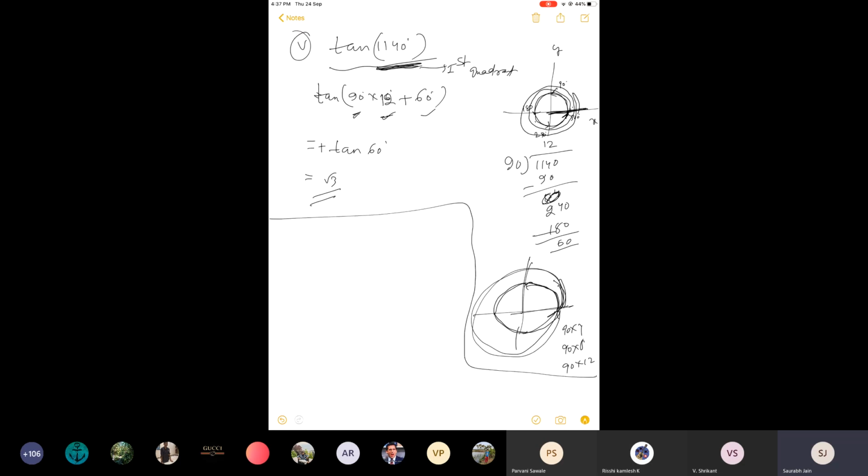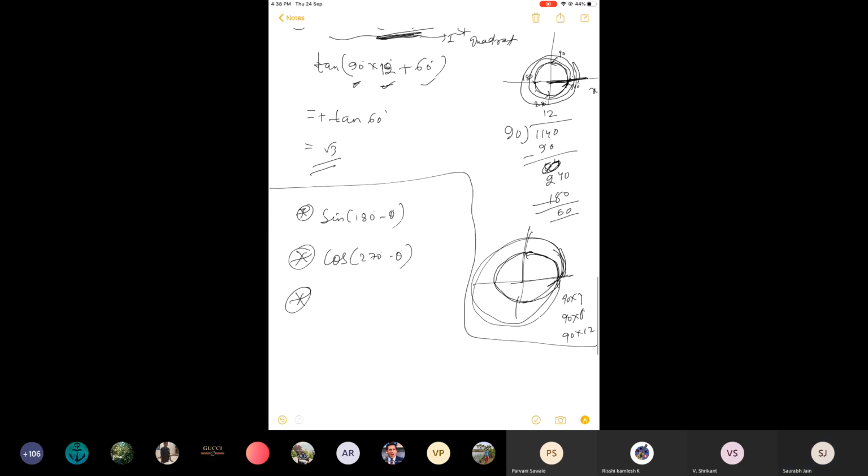Okay, now sometimes you will find them in the form of formula also. These are the numerical values. Sometimes you will be required to write these values. Do not try to learn them. Okay, do not learn them. Just try to find them using the rules that I have told you. In some books and copies, there will be so many formulae. So do not learn them as formula. Just try to find the values.